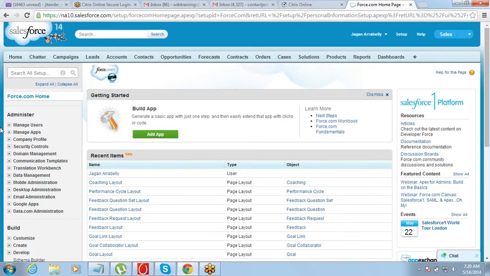So let us start understanding how the setup will be done. So you just took the login ID password from Salesforce, they have provided it to you. So the next thing that you do is you will do your personal setup in case you want to do it, right? So let's say you have received the first login ID password. You go into it, you try to change your password and all those things because that is something which was created by Salesforce.com. You do it, okay? The next thing that you will need to do is you will need to set up your organization. Setting up your organization means put the details of the company.